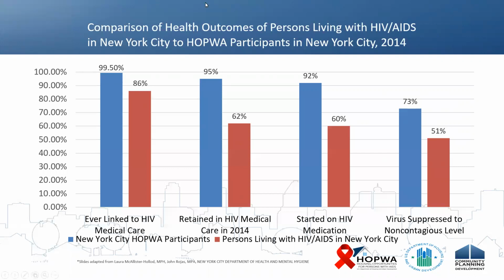On the next bar graph, you'll see folks who started on HIV medication. 92% of those who have started on HIV medication in New York City are linked to HOPWA, and 60% are not. And lastly, you'll see virally suppressed. You'll see that 73% of those folks in New York City who are virally suppressed are linked to HOPWA, and 51% are not. So again, this just shows you that housing makes a difference in a person's ability to have